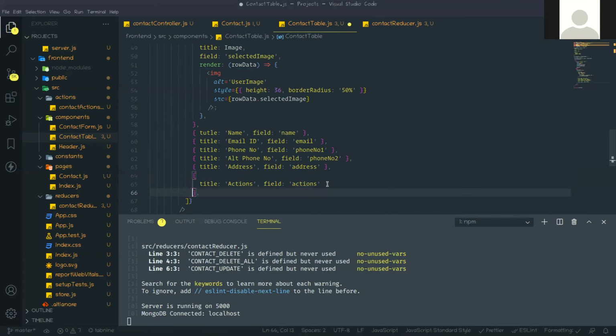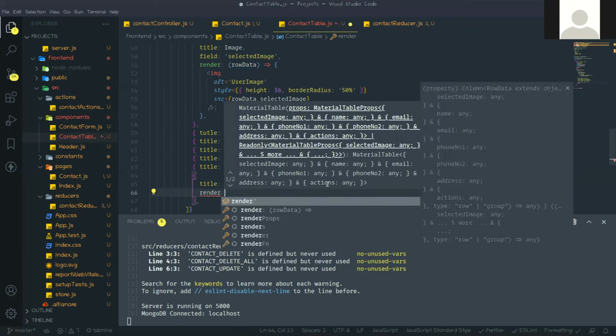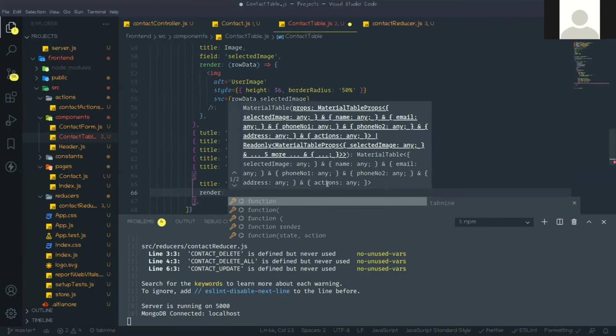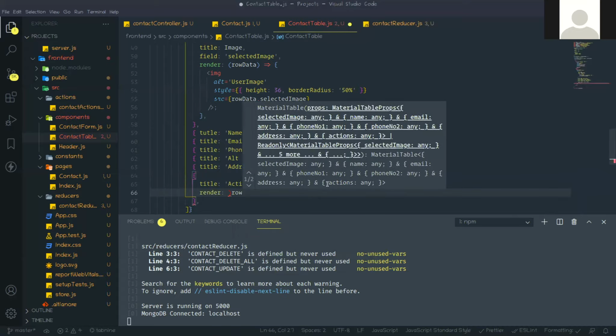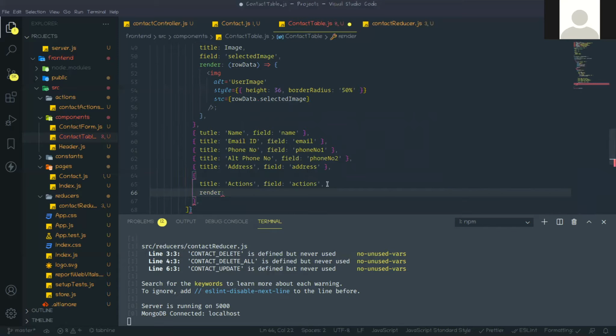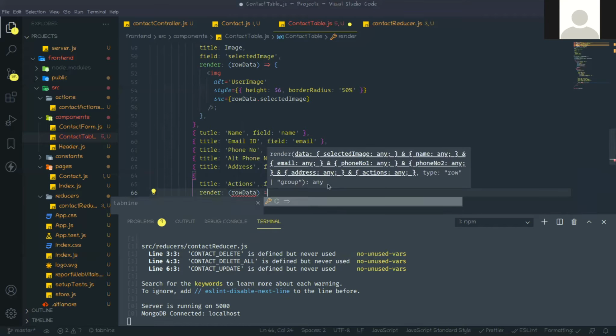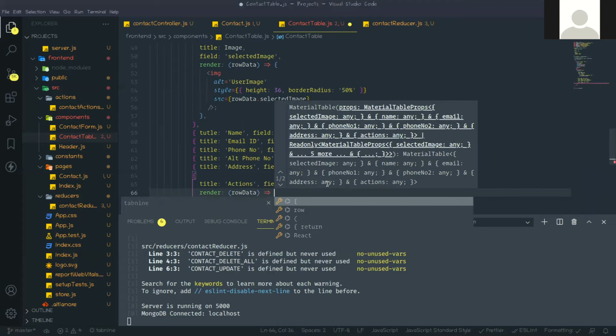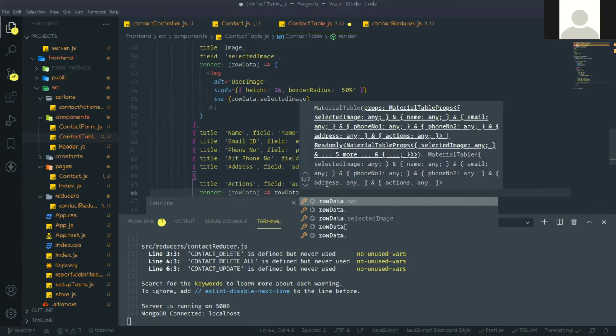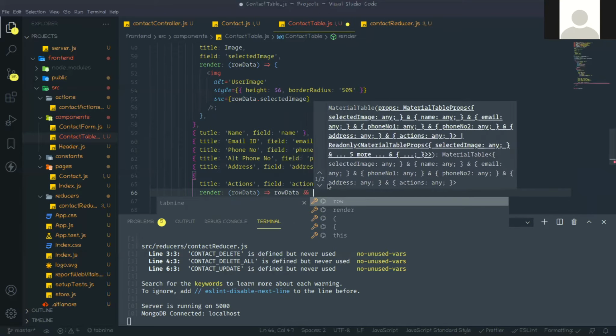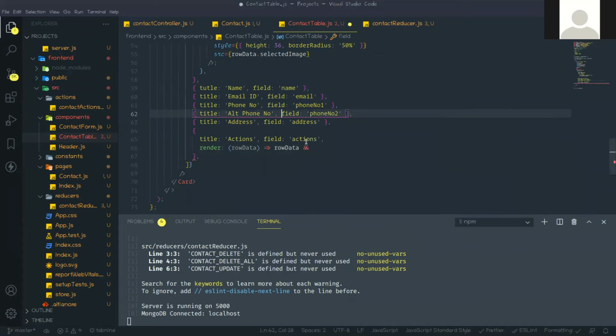So here, next is render. In this render, same rawData. Now here we need to check first whether rawData is present or not. If you want, you can also check in here, but here I am checking, and giving you one example.